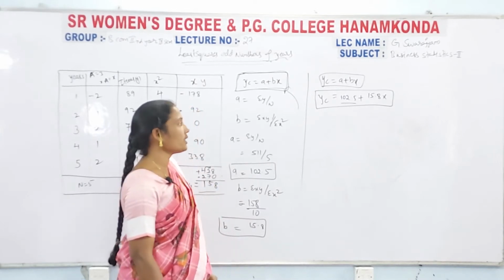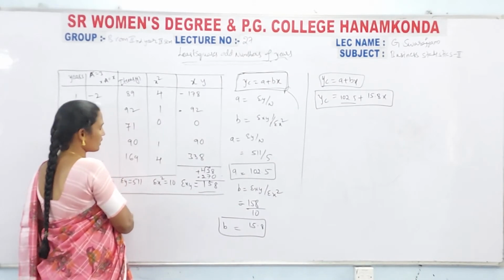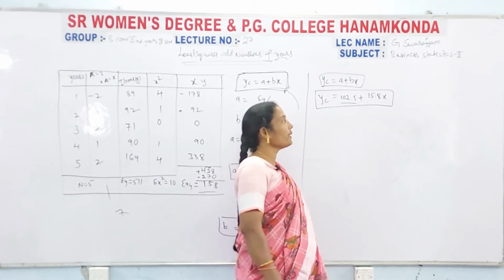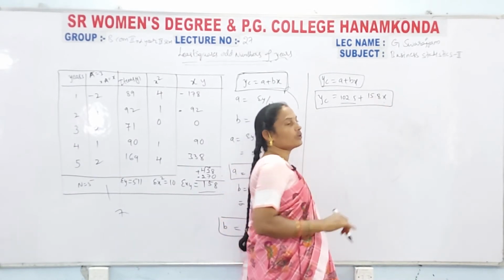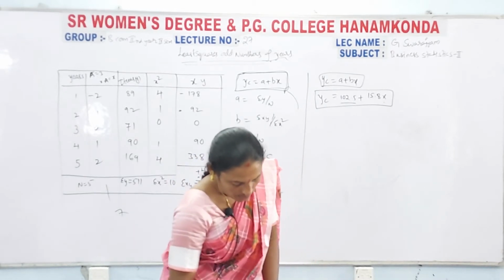Then in the future estimated year, suppose they give the 7th year, x value as 7. So x is equal to 7, to implement this x value to find out the total Yc value, common factor value. Okay.